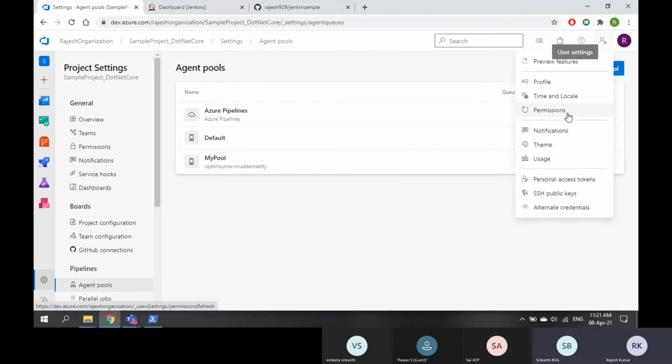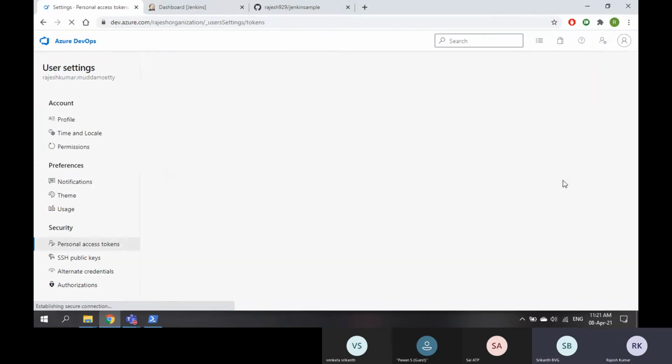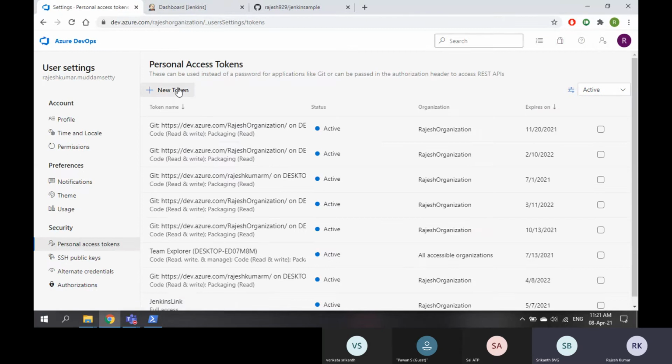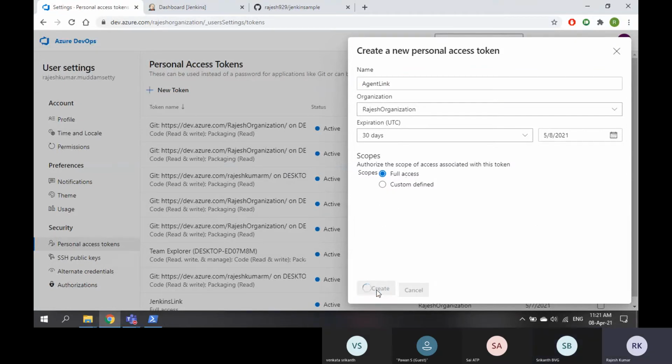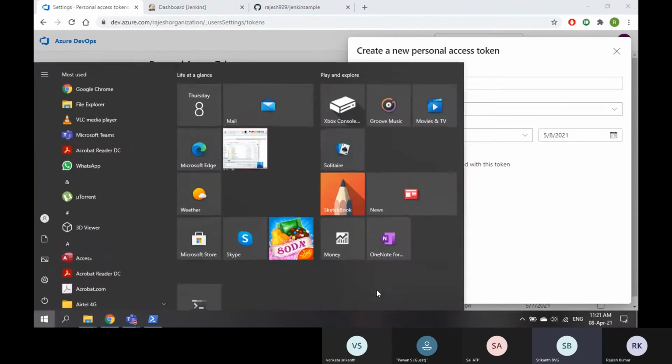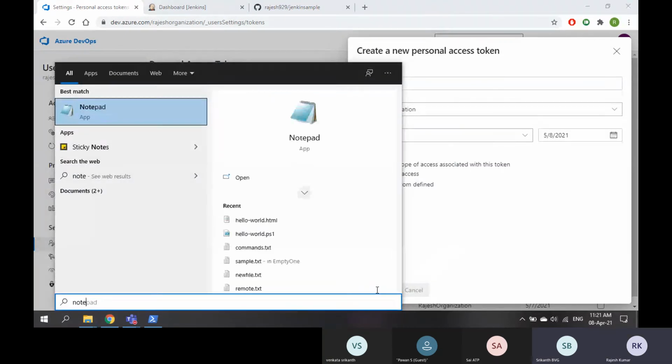So let us go for a new PAT token. Agent link. Full access. Create. The error is clearly saying that it is not authorized.